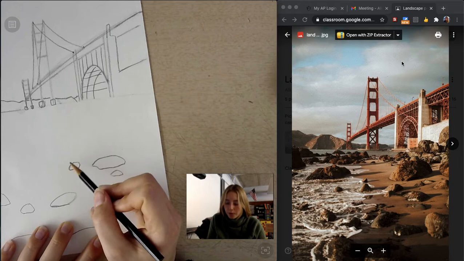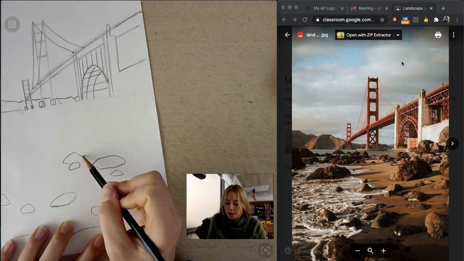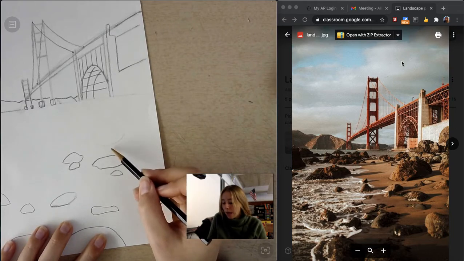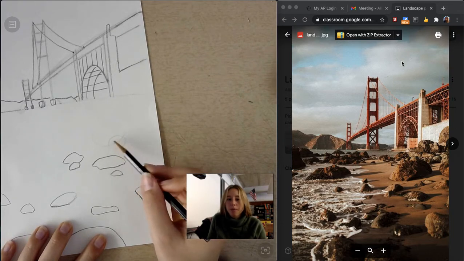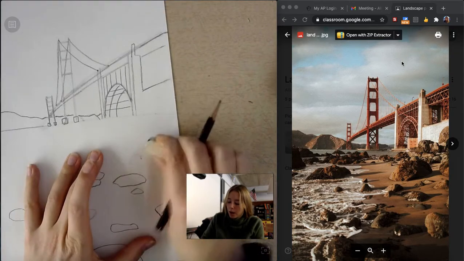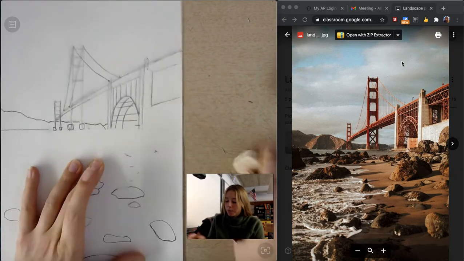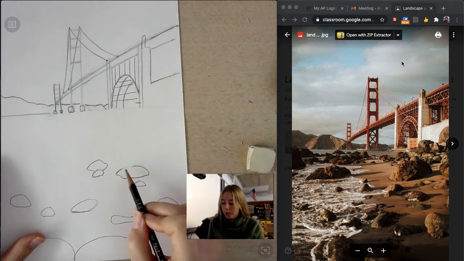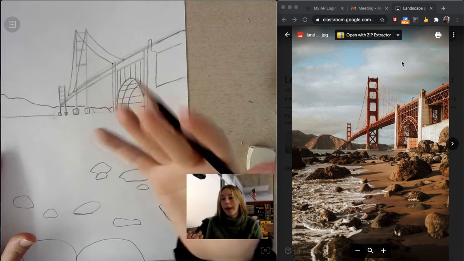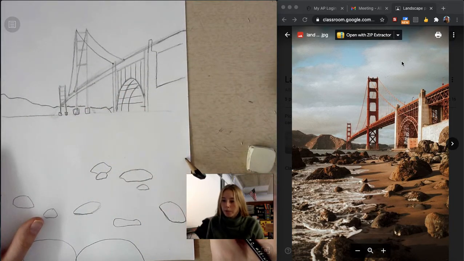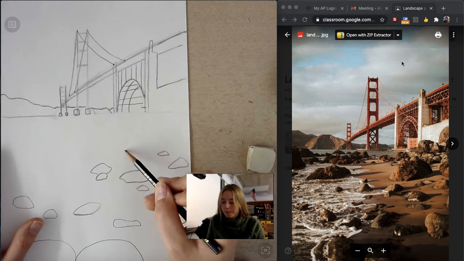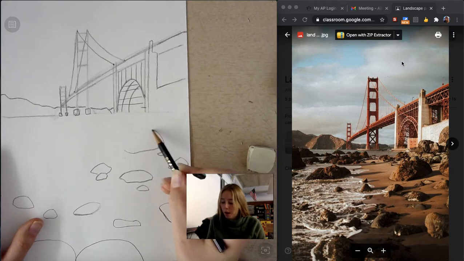And the reason we're going from front to back is because we have rocks overlapping each other. If I drew one back here, but I wanted to draw one in front of it, then I would have this problem of overlapping the lines. And when we have things in front of other objects, they block our vision, and we don't see the thing that's behind it entirely. So that's why we're drawing the front objects first, so that they can block the things that we don't see. Okay, this giant rock here,